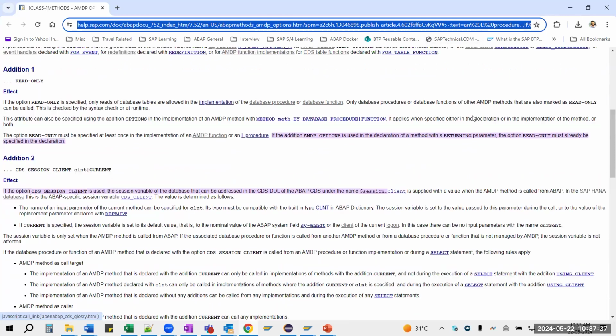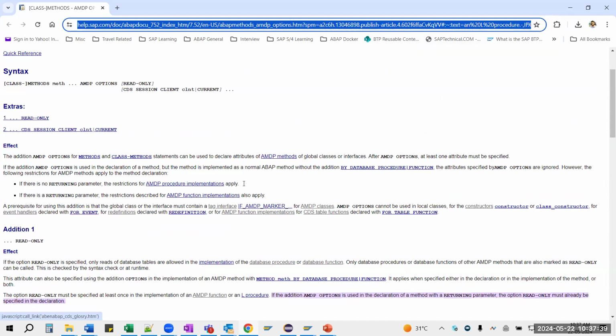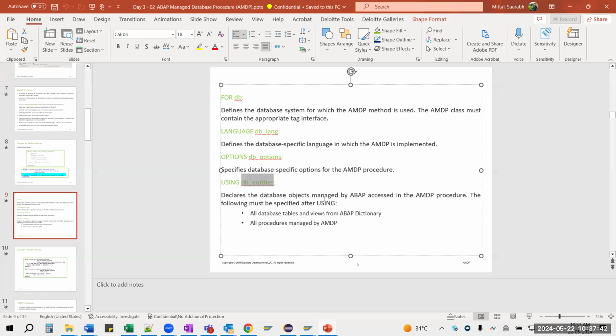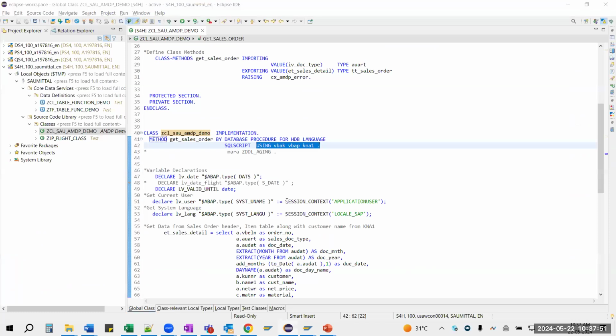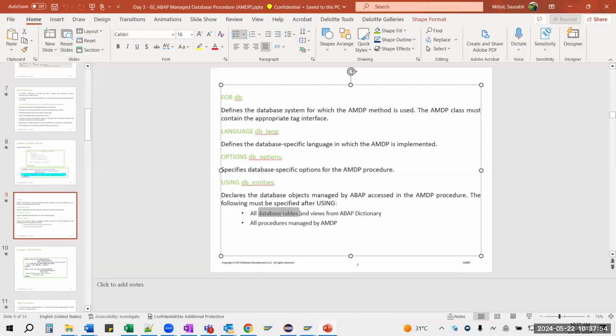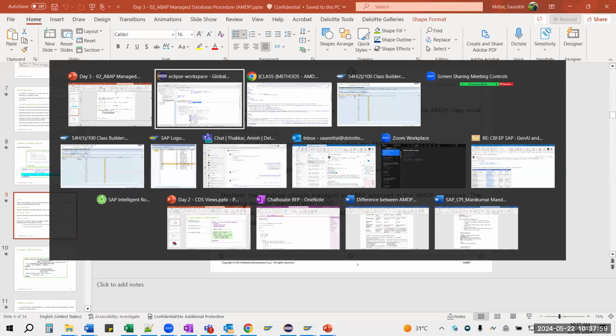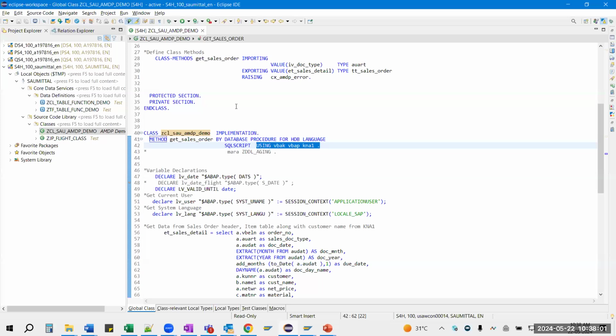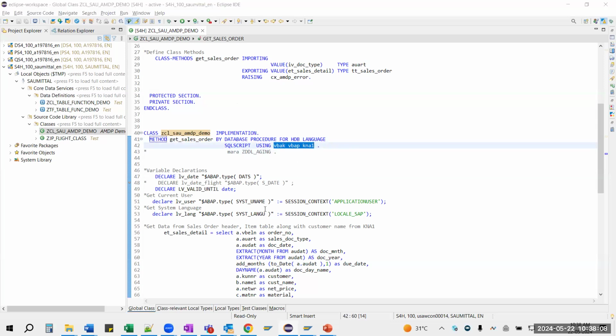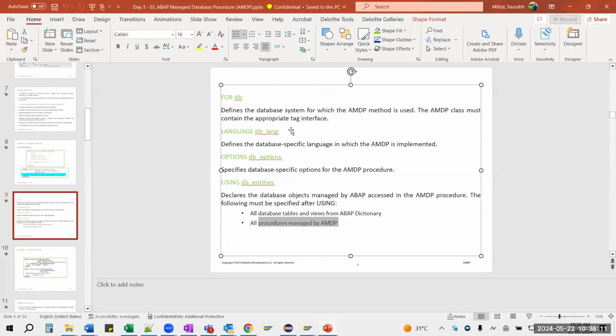Okay. So, options and then using DB entities declares the database objects managed by ABAP which are accessed in AMDP procedures. What all should we specify after using? We should specify all the DB tables and views from the ABAP dictionary, and all procedures, meaning this AMDP method can call another AMDP method. That also you have to specify here. If you won't specify, you'll get a compile time error. I'll show you. Okay, suppose, see,